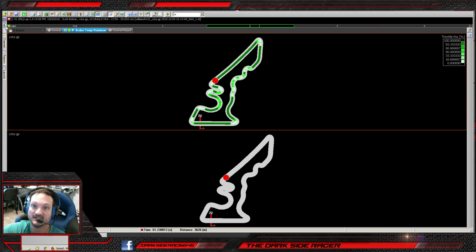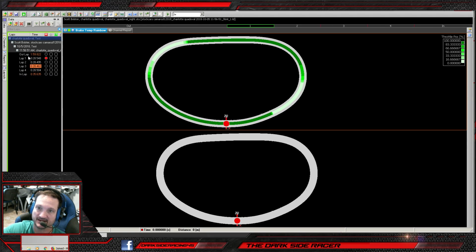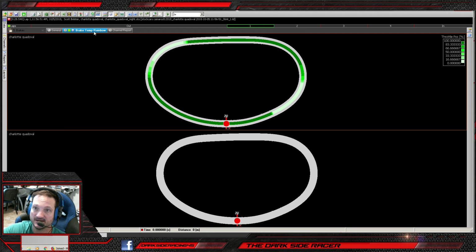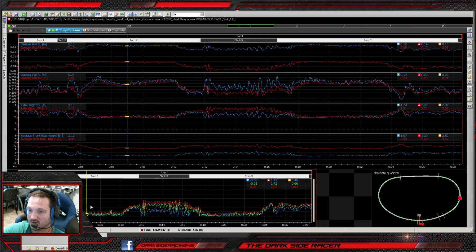Oh, I'm sorry. I almost forgot a whole bunch of stuff. So if you come over here to the data side of the house, this little tab, you can see all your different stuff. So we're going to eliminate that. Okay, so here we are back at Charlotte run, okay? Here we are back at Charlotte. And we see that through the corner, we are, I almost forgot the most important thing of using telemetry,